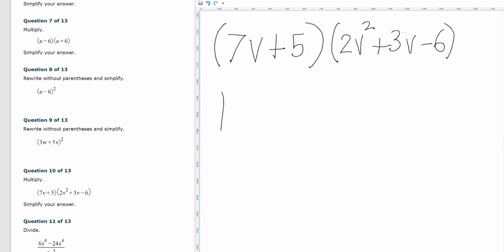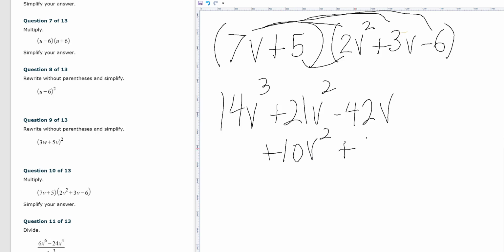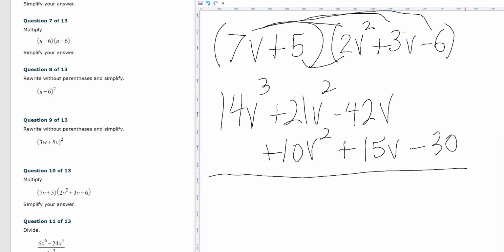7v times all of them, 14v to the third, 21v squared, minus 42v. So that was 7 times all 3 in the second polynomial. Now watch what I do, because I'm going to combine like terms eventually. When I come back and multiply, I'm going to write them where they need to be. Plus 10v squared plus 15v minus 30. So I've lined up my like terms. It makes it easy. 14v to the third plus 31v squared